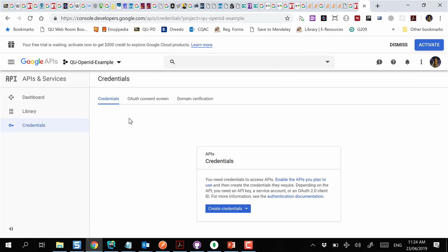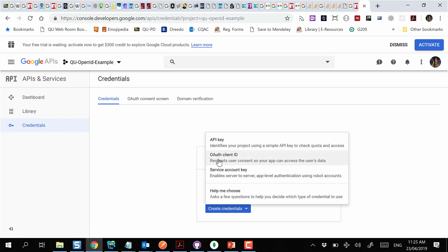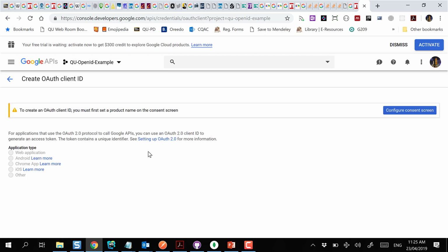Once I create the app, because Google needs to know who is using their services, they get a project. Then within that project, I go ahead and create an OpenID, an OAuth client ID. I will explain what this OAuth means. OAuth client ID. Google will ask me,